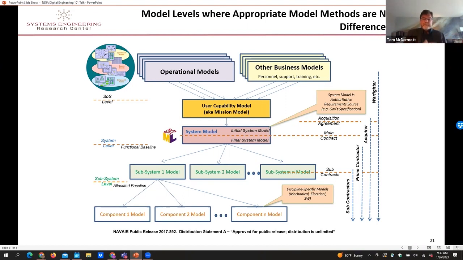Your RFP would then go to a contractor, and they would feed back their final system model, which over time then allocates down to all of those subsystems and components in their full supply chain. And so all of these things get linked together and they get shared. And so the efficiency comes from eliminating the manual human trade-offs and paper trade-offs across all of these different model types.